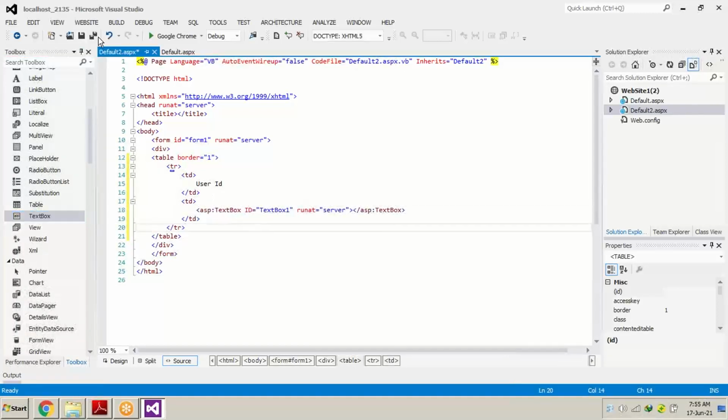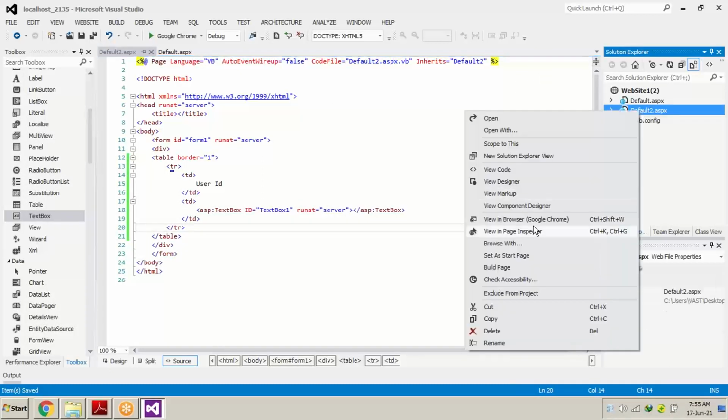Now we will just run the page and see how this default form looks. You can see we have created a table and a table row. Always remember, we have to create TD inside the table row. We have taken one TR, and inside it we have created two TDs.